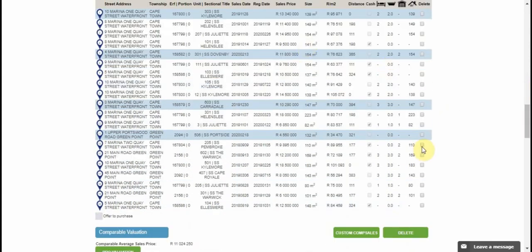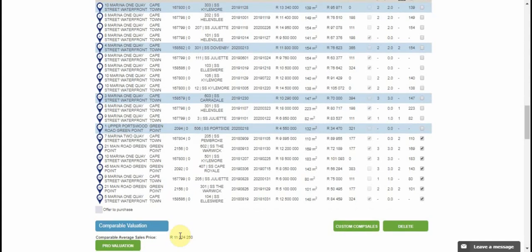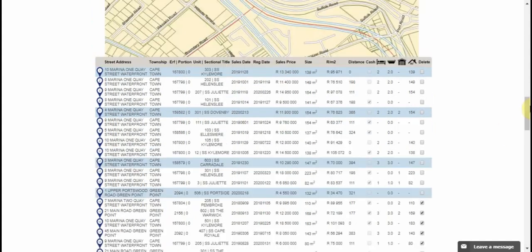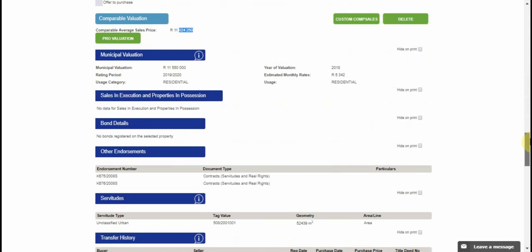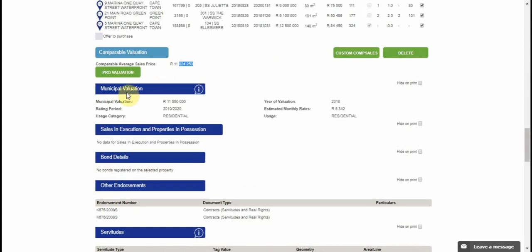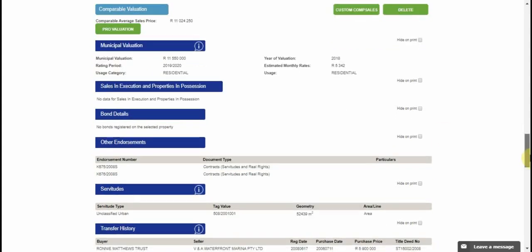What you would do is you would delete all these properties that aren't right or are not comparable to your property, and you just click delete, and then it will change this number here, your sales price. So just moving downward, it also shows the municipal valuation over here, and if there's any bond details. So if there's a bond on the property, you would find it under this report. So it's actually a really nice report